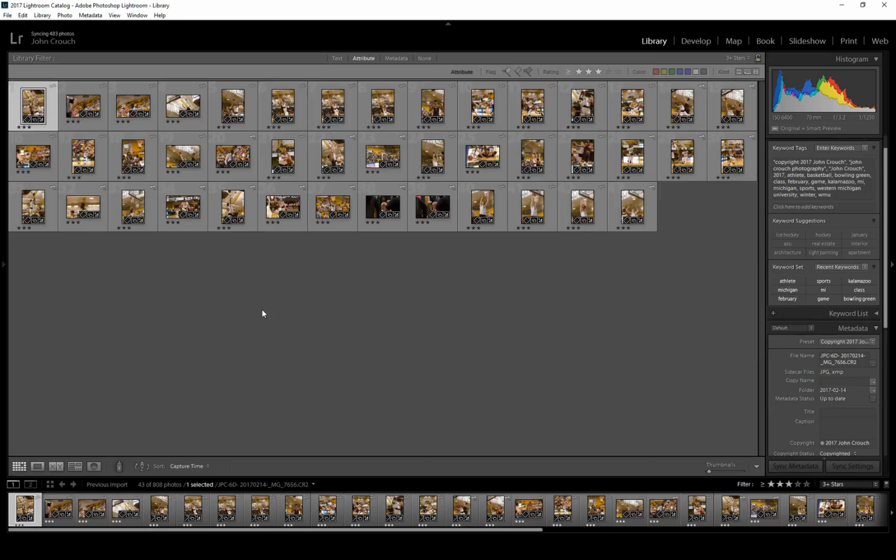I don't really care about 43 shots. I want maybe like 5 shots. So one way to do this is we have this comparison tool called the survey view. And what this allows me to do, over here on the left-hand side, is select about 5